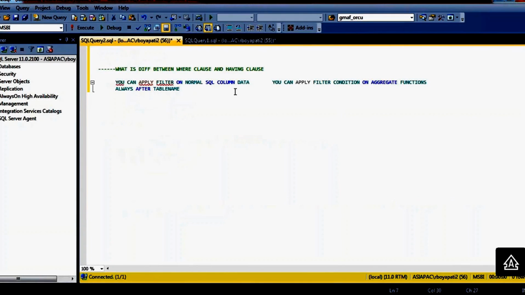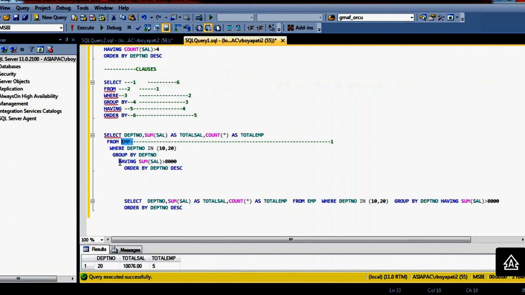But the having class, you always have to write after group by class. After group by only you have to write the having class. So after group by I have written having.